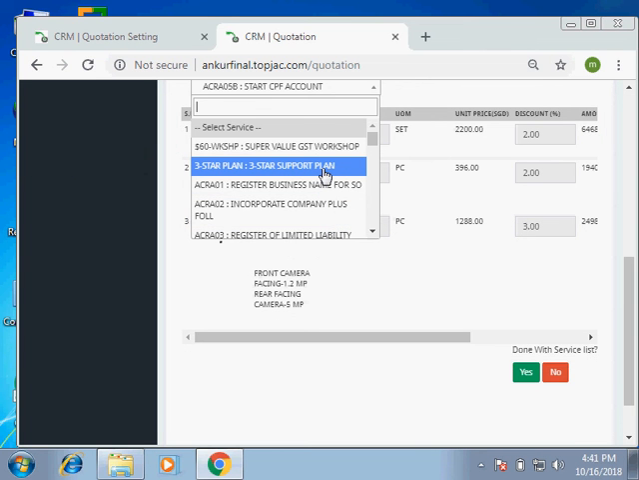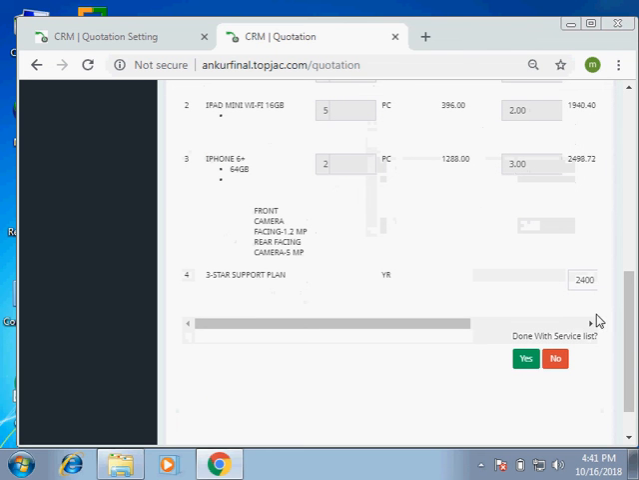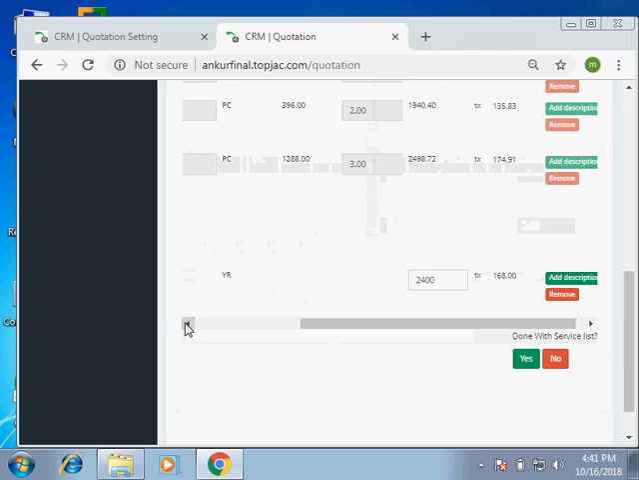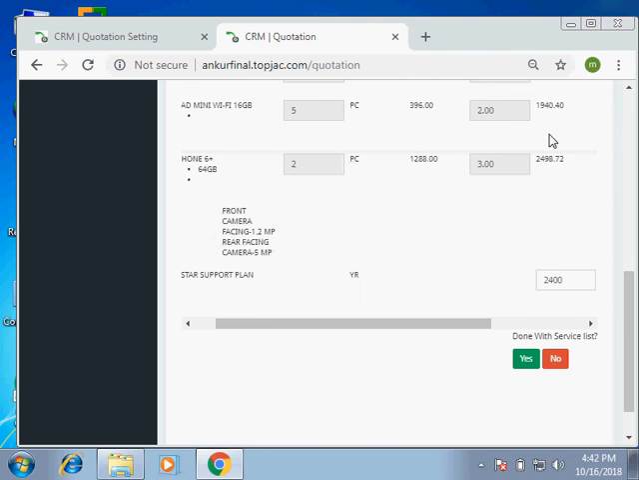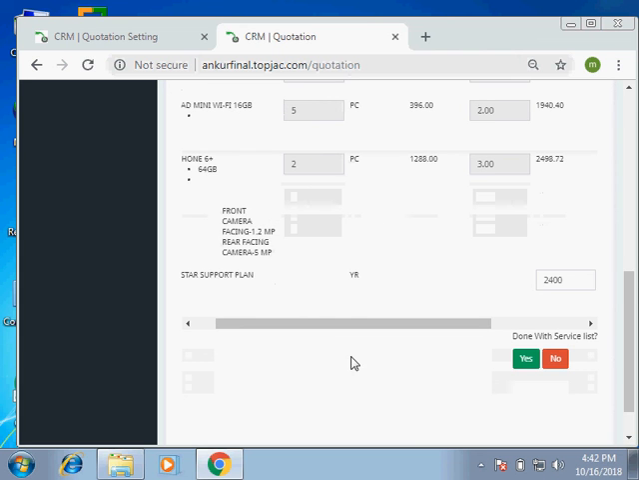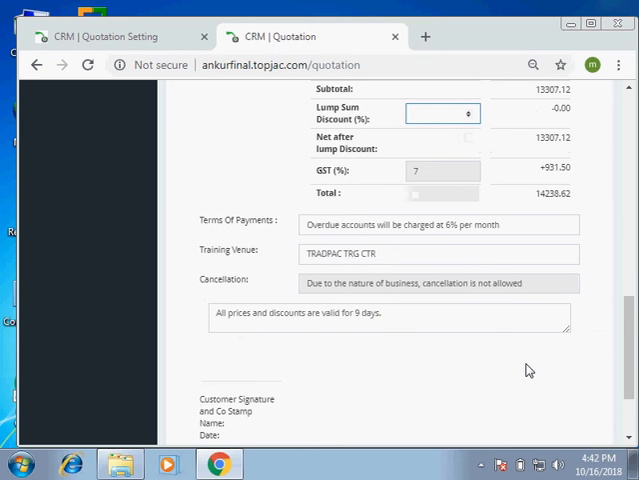Suppose I have selected the 3-star support plan. My service will be added to my computer screen with 2400 amount and 168.00 GST. Now if you want to add one more service, you can simply click on select service and add your services as follows. After selecting products and services, you just have to click on the yes button to save your services. Now you can see that a total amount is represented on your computer screen, followed by the subtotal